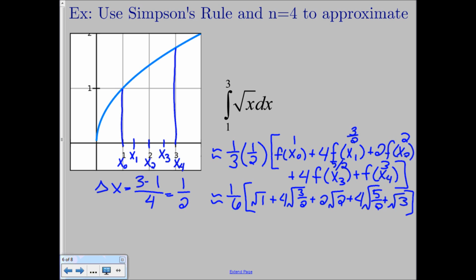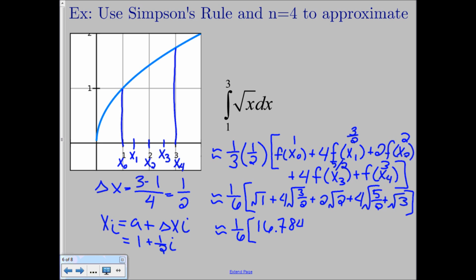And I got that again by using that formula where xi is equal to a plus delta x i, or 1 plus 1/2 i in this case. And you start plugging in with i equaling 0 and continue on until you get to n. So again, if you use your graphing calculator to figure out what all these function values are and you add them together, you get that this is 1/6 times